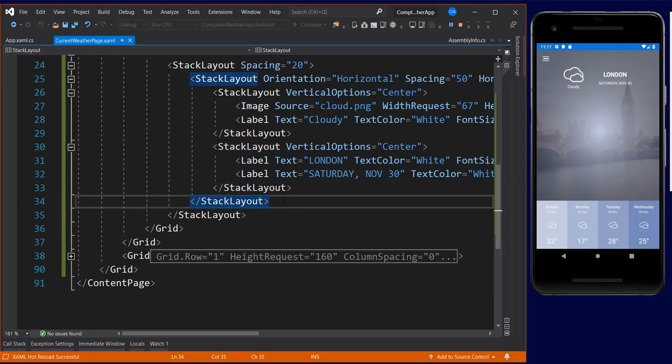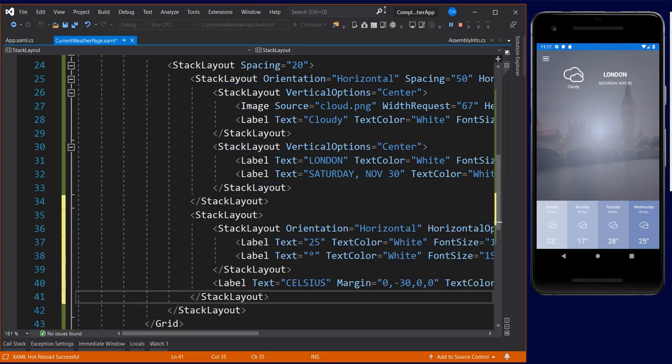Okay, so we have a stack layout that contains the measurements, unit of measurement, and right up here before that we have a stack layout that contains